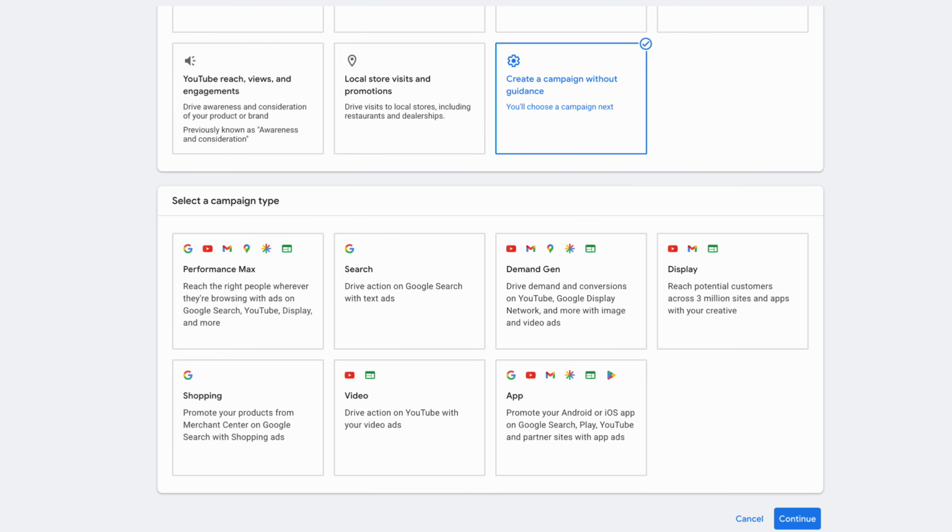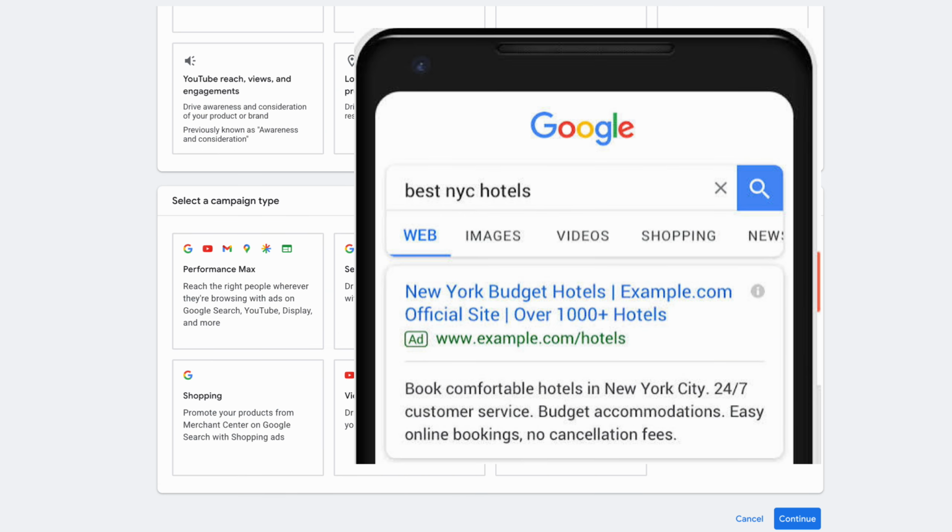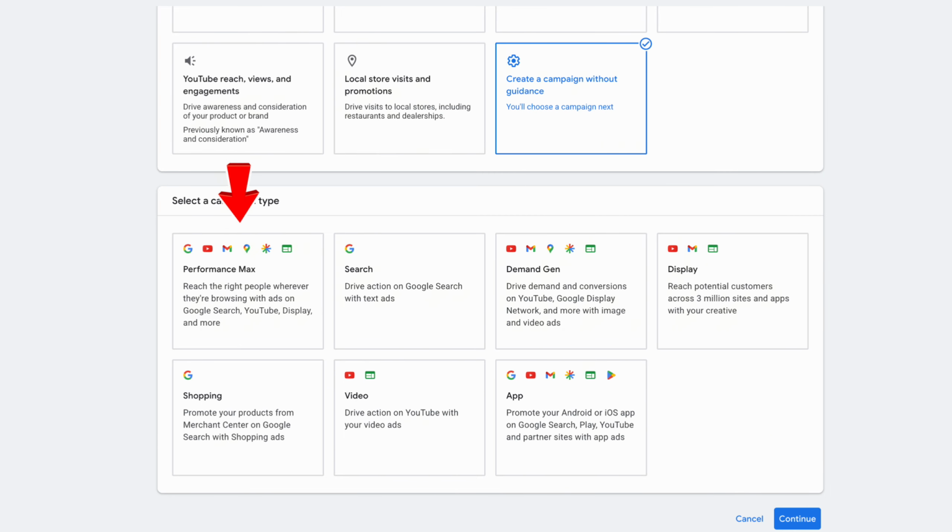So number one is search. Search campaigns are the text ads at the top of Google. They also have a sponsored label on them. Performance Max is Google's most automated option. You give it your budget, images, videos, text, and it runs your ads everywhere at once, including search, shopping, YouTube, Gmail, Maps. It sounds great, but you give up most of the control